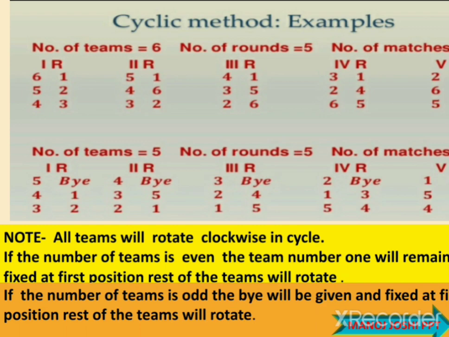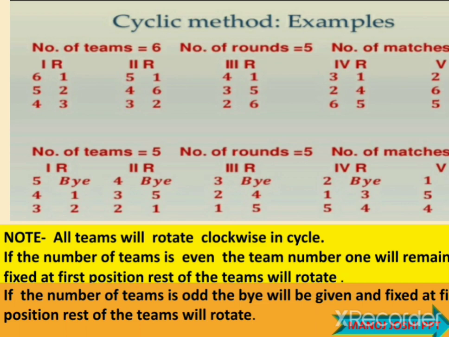Now the matches we will see. The number where the bye is there in front of the team, that match will not be played because the team is getting a bye here. Only 2 matches will be there. So in the first round matches we will see 4 versus 1 and 3 versus 2. Clear? The first round matches are 4 versus 1 and 3 versus 2. Where the bye is written, this match will not be played because bye is nothing. This is only put for making the fixture. This is not any team. So that's why there will be no match. So 4 versus 1 and 3 versus 2, 2 matches are there in the first round.